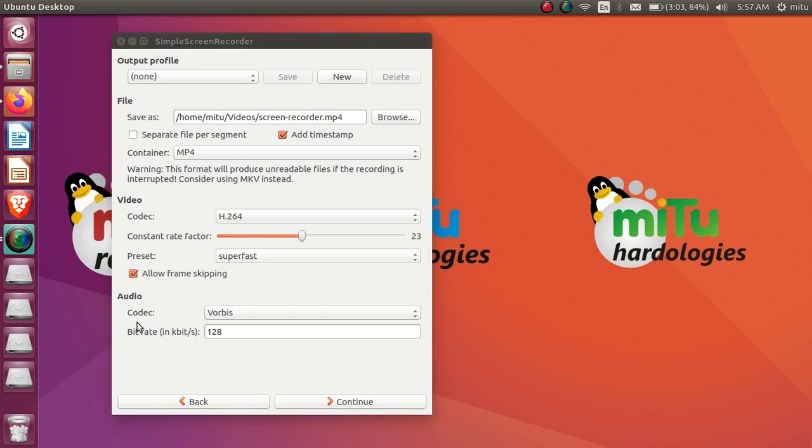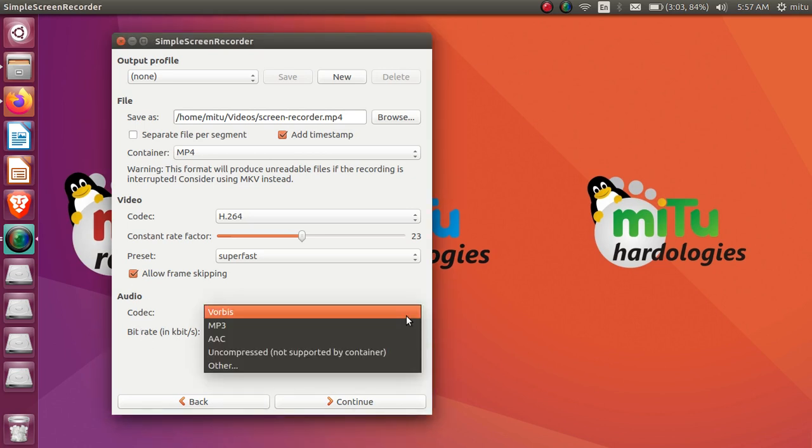Now we'll go to the audio codecs. Here the video codecs are completed, then we'll go for the audio codecs. In audio codecs, multiple options are present here, for which particular format of audio I'll be storing my audio file in my video. Multiple audio formats are supported here. The first one, which I'm using here, is Vorbis. You can choose any one of them; it doesn't matter which audio codec you use.